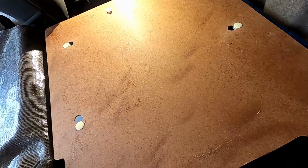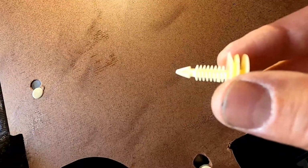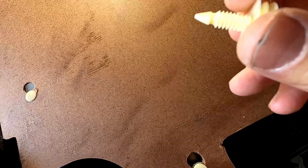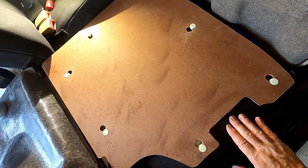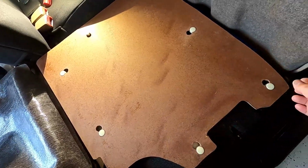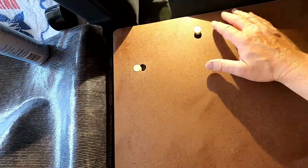So compared to the new clips, what you're really doing is taking it down to the bottom of that cone and all the way down. And so just make sure your holes all line up. Once you have your seat laying flat and you have your holes all lined up with the board, with the hardboard,